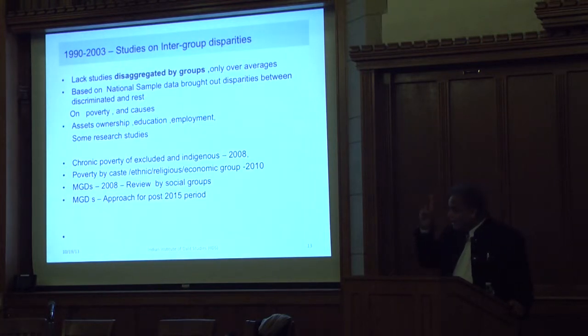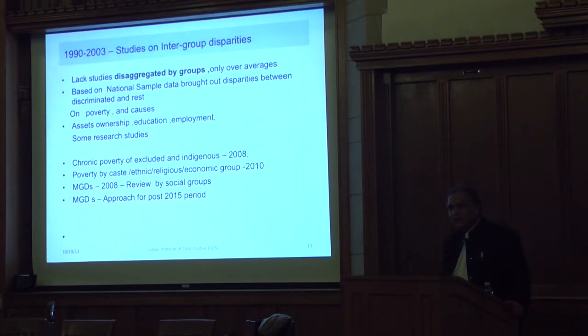It is only in 1999 that the cabinet and the government took a decision to allow the unit level data, which led to the plethora of study on poverty by social group. But what I did was that there were reports which were prepared by the government for policy purposes. I collected those reports, which were lying in the libraries of the government with a lot of dust on them, and I took them out and then